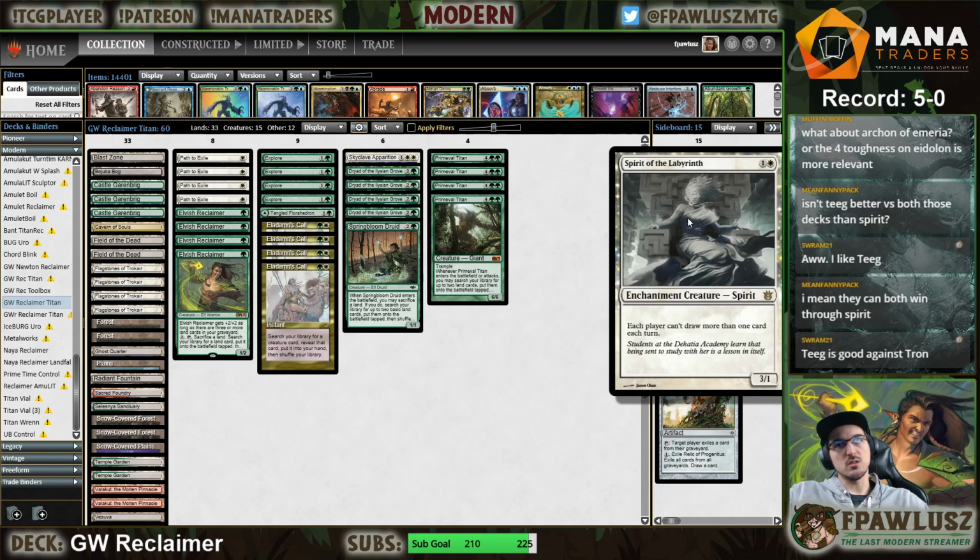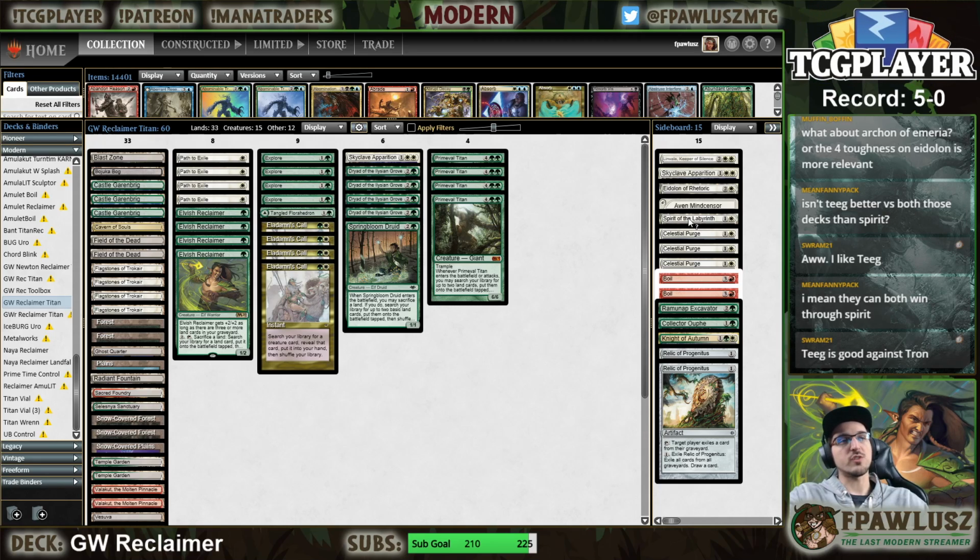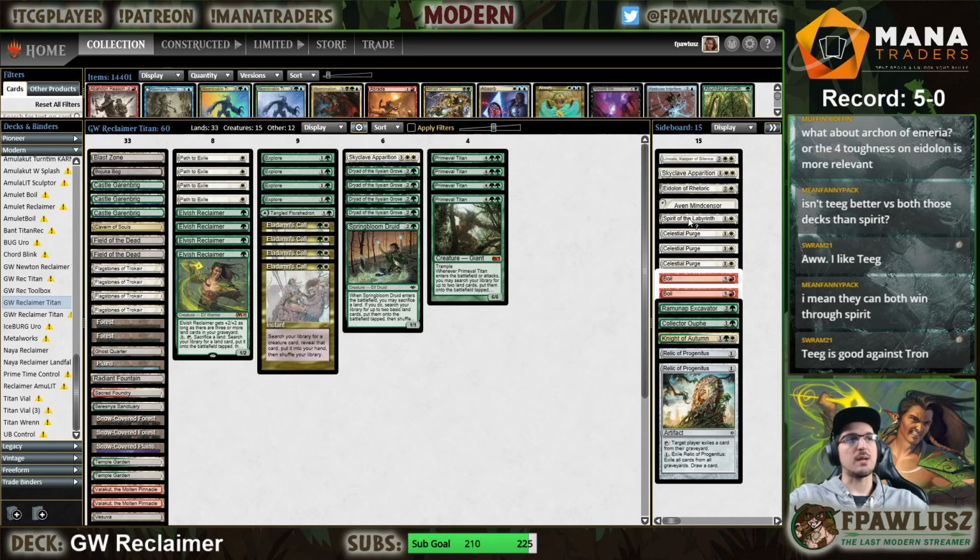Teague is good against Tron. Yeah, I agree. And it's a matter of, how can I explain this? It's a matter of, do you want to force your opponent to have the answer in hand, or have the combo in hand and not be able to cast it? Or do you want your opponent to just, when they go to a Cyber that game,